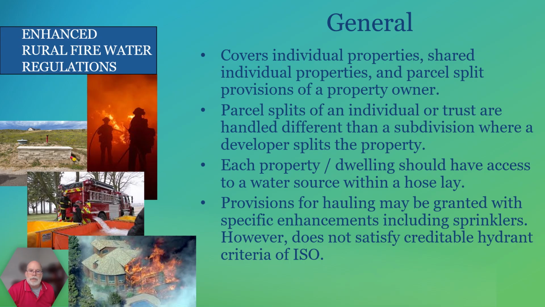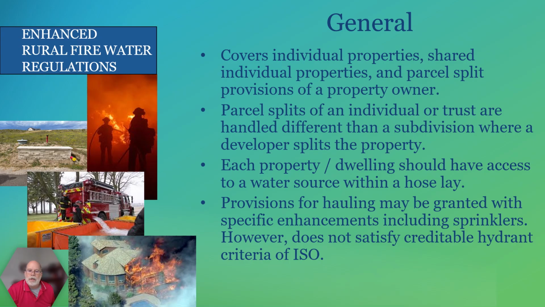Now, Section 5 in general covers individual properties, shared individual properties, and parcel split provisions from a property owner. Now, the parcel splits of an individual or a trust are handled differently by the regulation than a subdivision, where a developer could potentially purchase the same land but then splits it for a subdivision. In that case, where it's intentionally purchased to be subdivided, that would fall under the subdivision provisions of Section 6